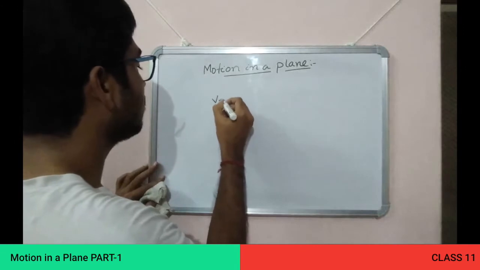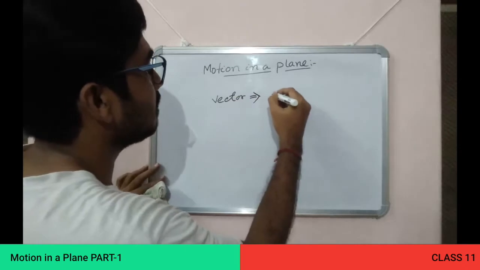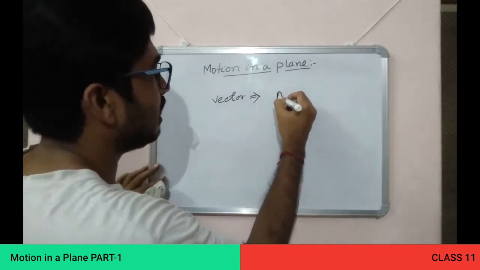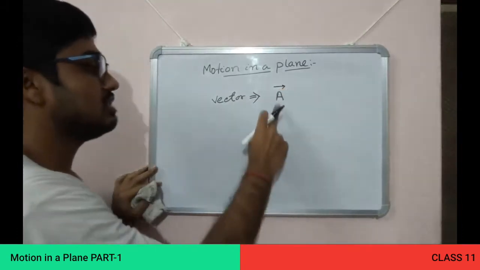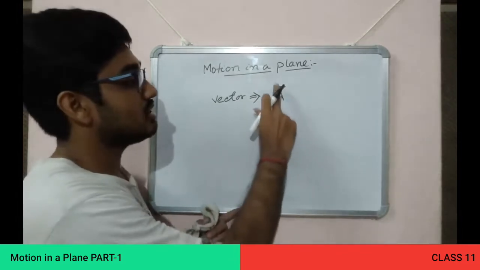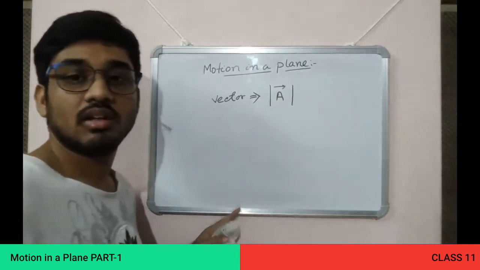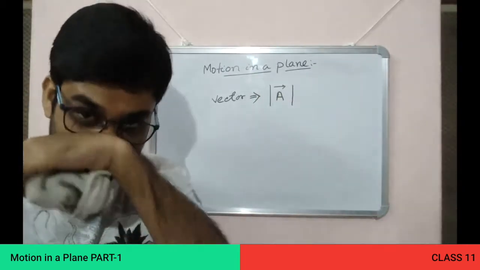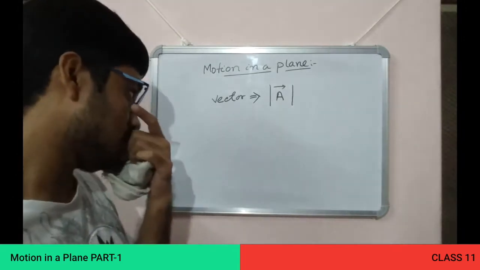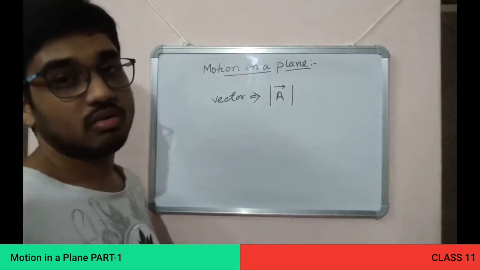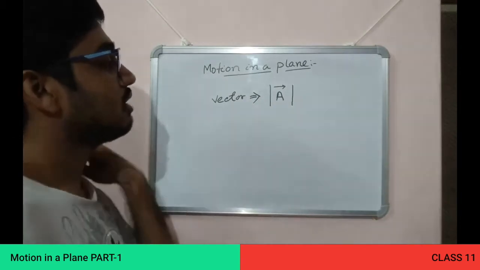So a vector quantity must have a magnitude A and a direction. A vector is written with a direction sign above it. And as it is a magnitude, it will be under the mod sign. That could not be negative, a magnitude. The vector could be negative, but the magnitude, the numerical value, would not be negative. Its position and coordinate would be negative. So this is how a vector is denoted.